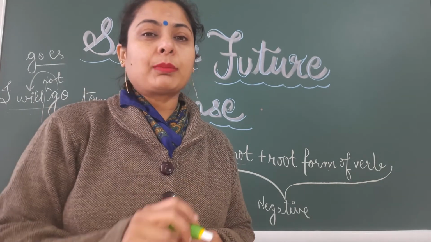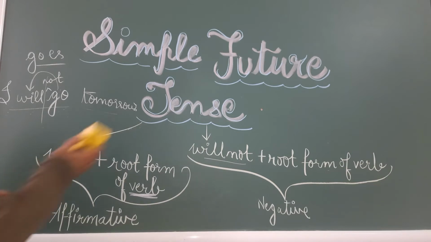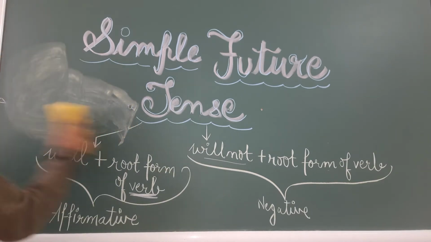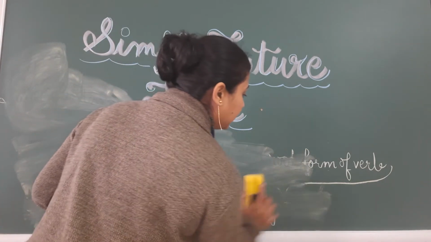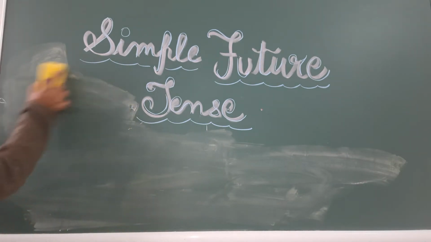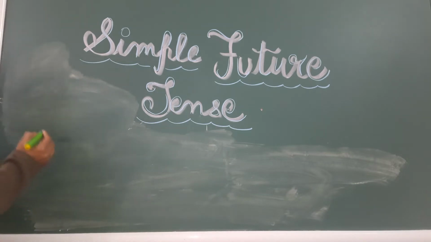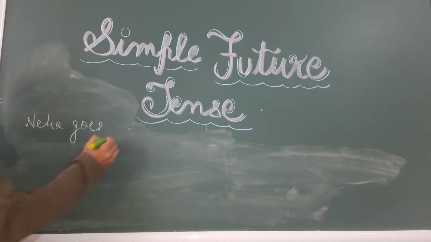Now, let us work upon 2 or 3 examples. Are you ready for that? Okay. So, whenever we are forming sentences in future tense, just be careful that we will add will or will not before the action word. Alright, for example, suppose I take a sentence in simple present tense. For example, Neha goes to